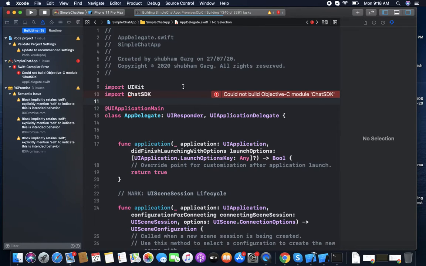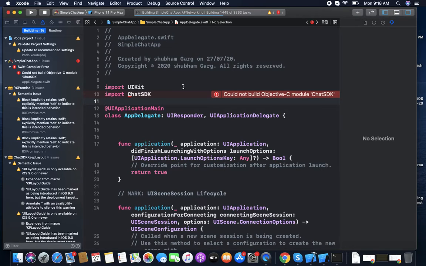It takes a little time because you are running it for the first time and it integrates loads of pods, like all the Firebase pods, HTML, all the pods that will be used by this library.